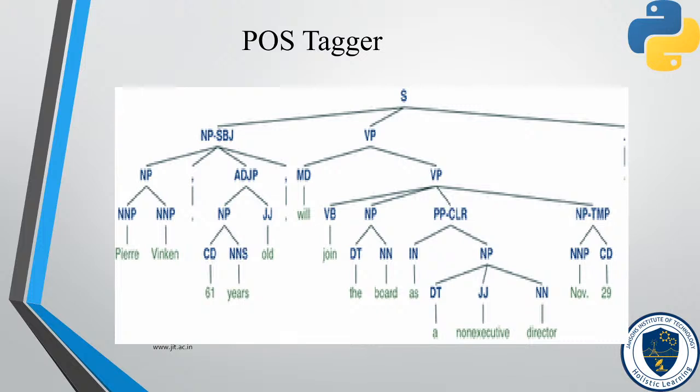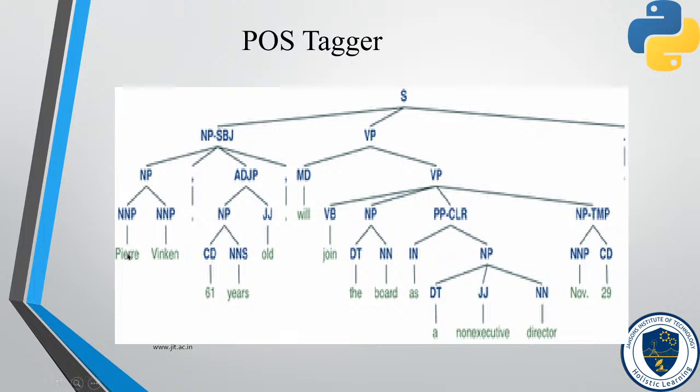To get a basic idea of the POS tagger, this is a simple example. You can see the root node. It is in a tree structure. Any dictionary, if you consider it for linguistics, will be in a tree structure, showing how the words are related. You can see the leaf nodes. The sentence, Pierre Vinken is 61 years old and will join the board as a member, is split into noun, verb, adjective, adverb, etc. with the